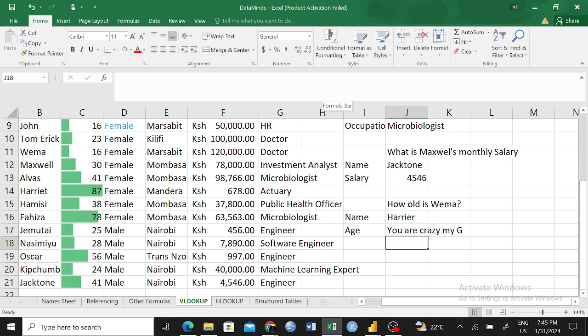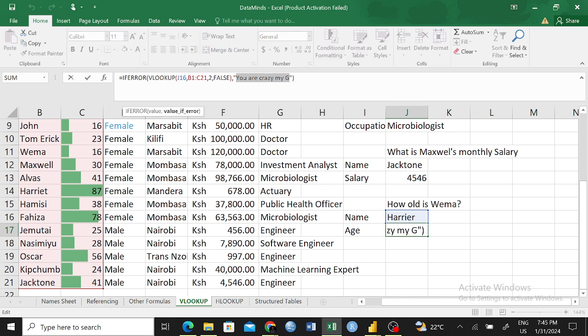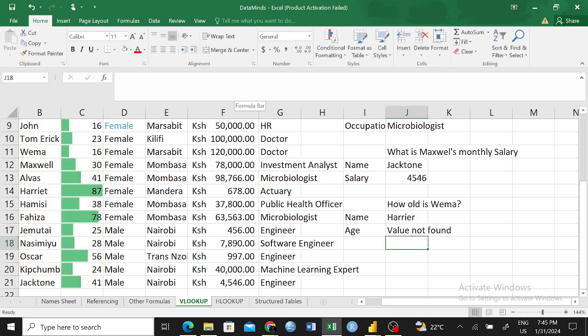And if you see here, it's saying you are crazy, my G. So that means that you've made some sort of a mistake. But that one might throw you off the book. Let's write "value not found", right? Value not found. So haria, ukiona hivyo, then it tells you,